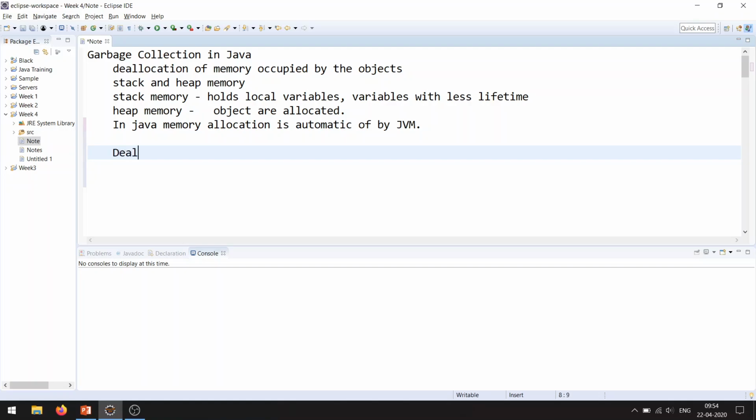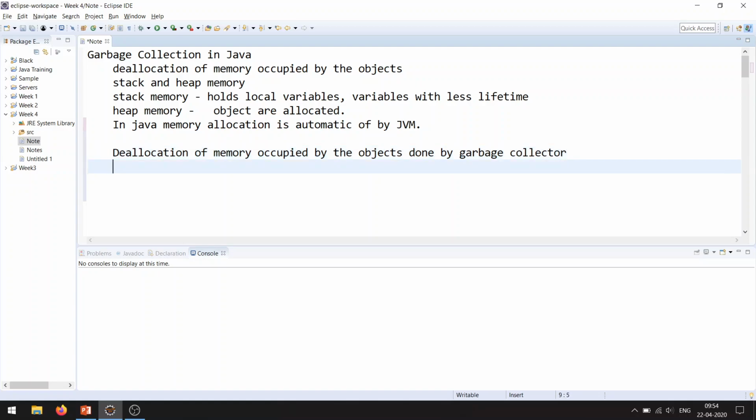The deallocation of memory occupied by the objects is done by the garbage collector. This is the job of a garbage collector.